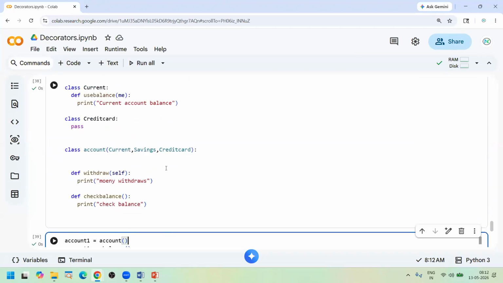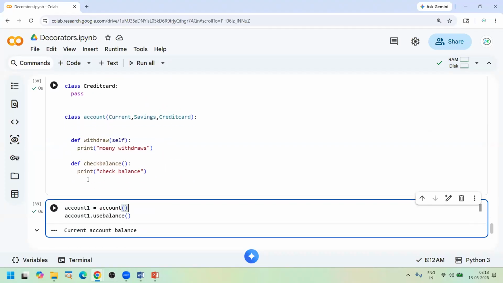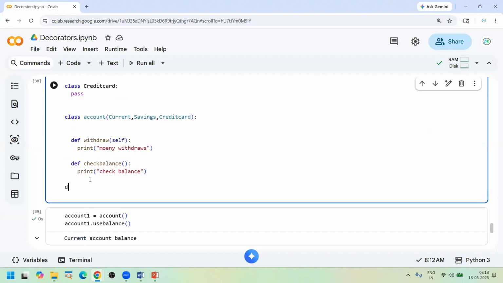So here, if you have overridden your parent class function in your child class, it will always call the child class. If at all your child has two different parents with the same function, then it will call based on the order of your parents. Okay, clear? There are two distinctions. One is if I override that particular function in my child class, it will always call the child class only. First preference is its own